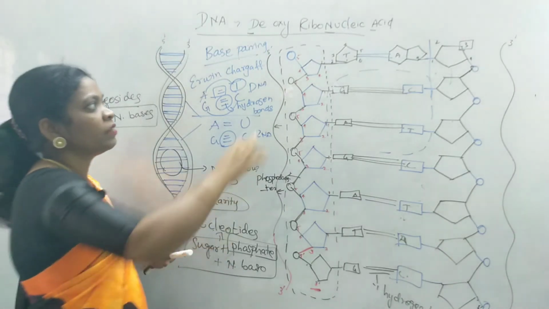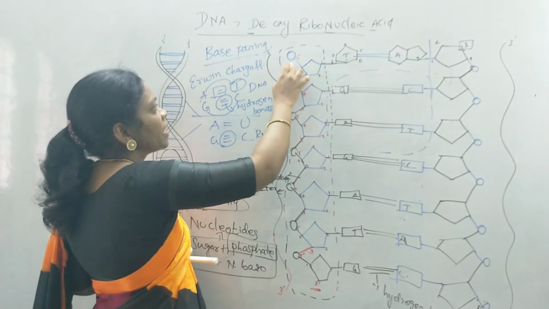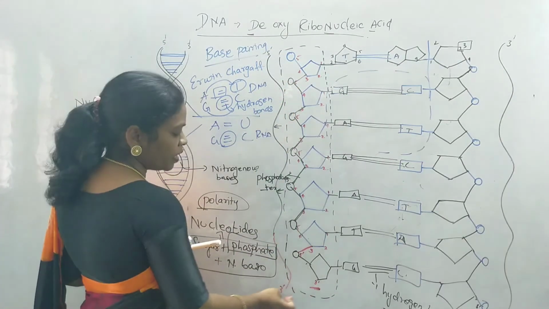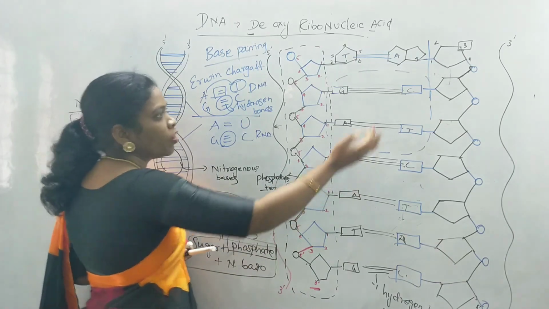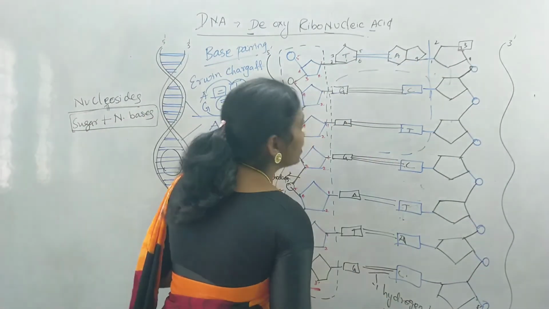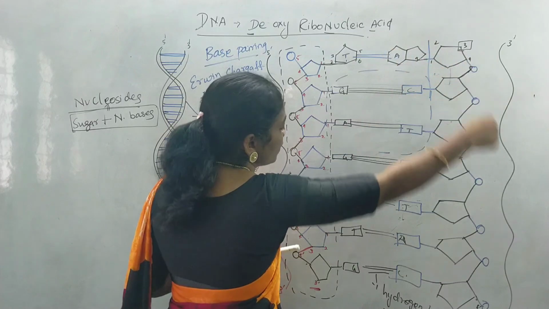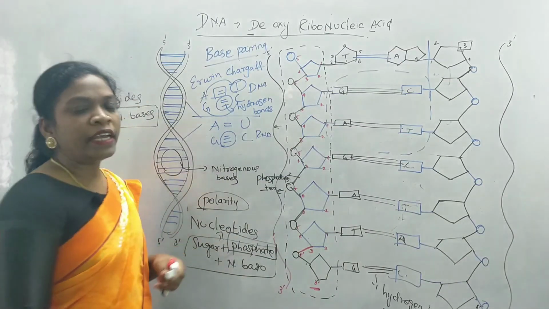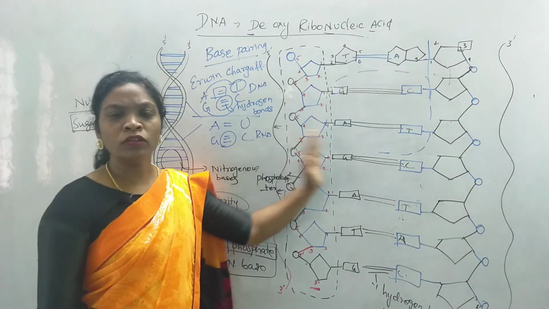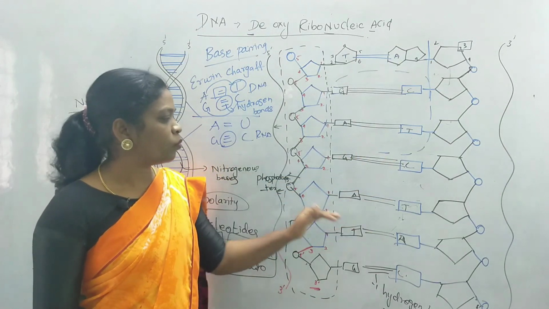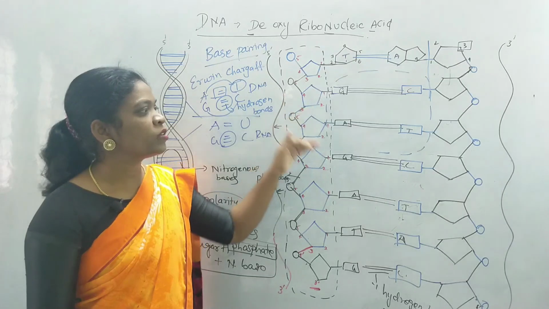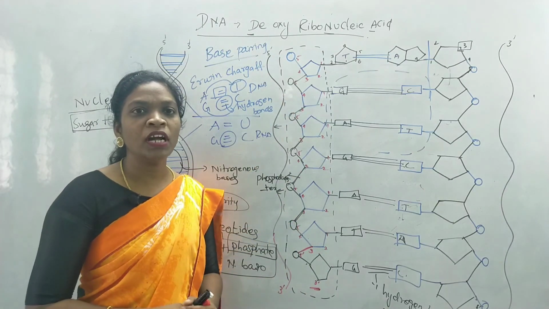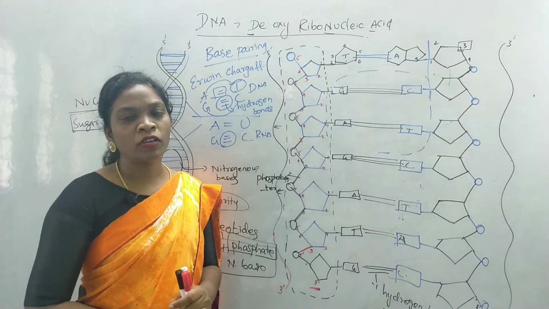And even to write polarity, we write to which end they are attached. Phosphate group is here, we write with 5 prime, and if it ends in the 3 carbon, we write 3 prime. The other strand should always be opposite, it should be anti-parallel, where it starts with 3 prime and ends in 5 prime, and this is the molecular structure of DNA, a double stranded structure. This is how the nucleotides are arranged one above the other, and they combine together and form a polynucleotide structure. By the next video, we will learn about the next topic in molecular genetics.